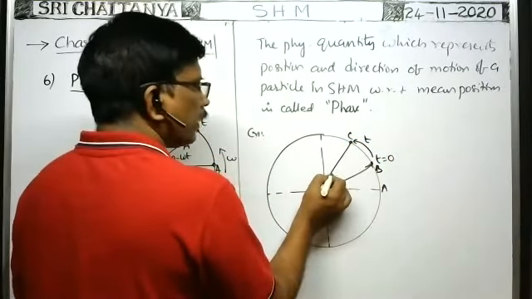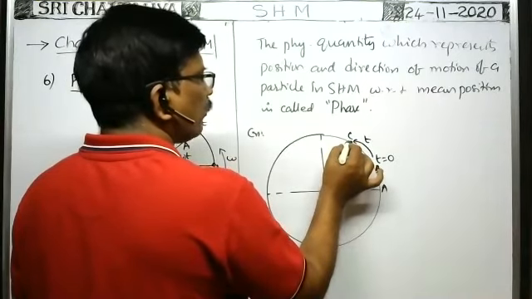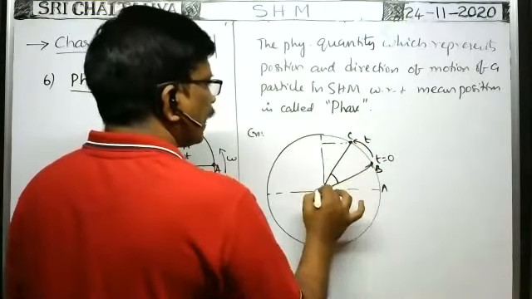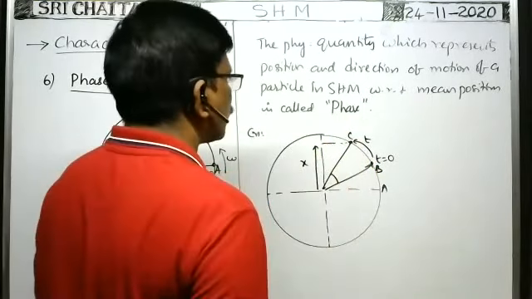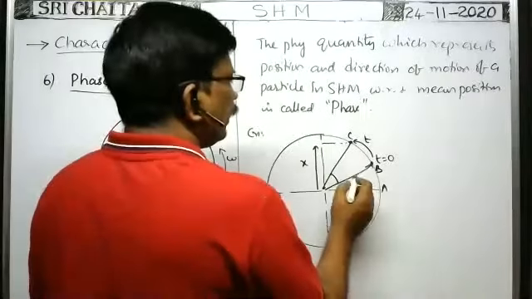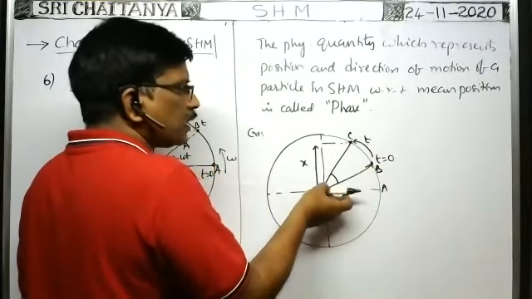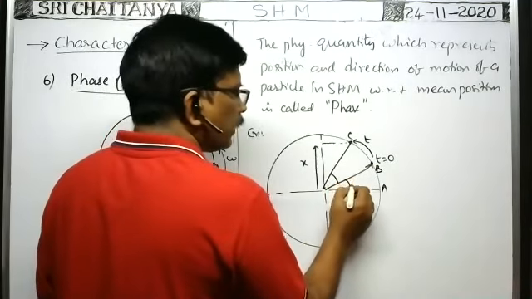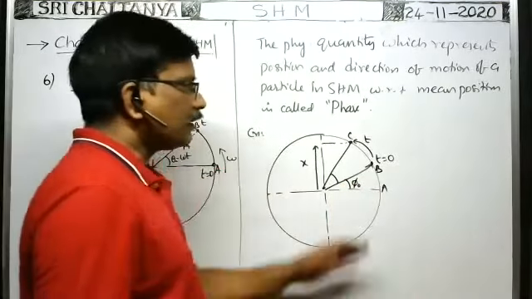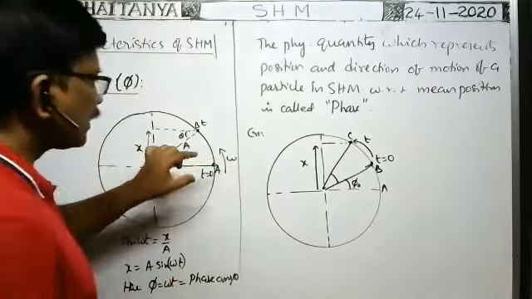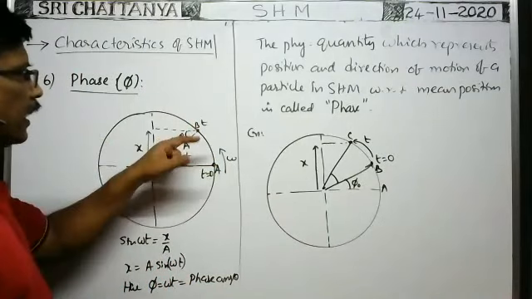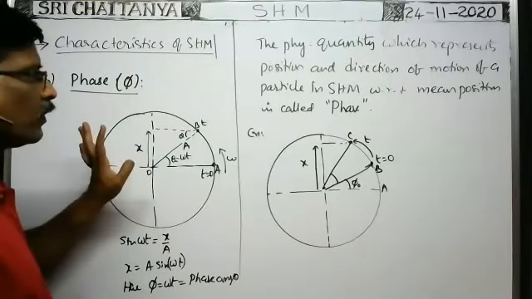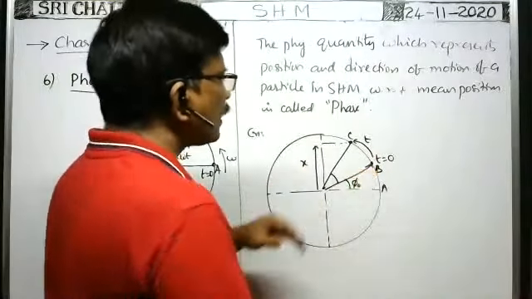Then what is the angle displaced by this particle? After t seconds, when the particle lies here, the projection of that particle on this y-axis lies at a distance, say x. What is that x value? We have to find. Here at t equal to 0, from the reference position, it already has some angular displacement, say phi naught. Actually we are describing the motion of the body in the reference circle from the point A, or the motion of the particle in SHM from the mean position O. But already at t equal to 0, the particle has displaced.